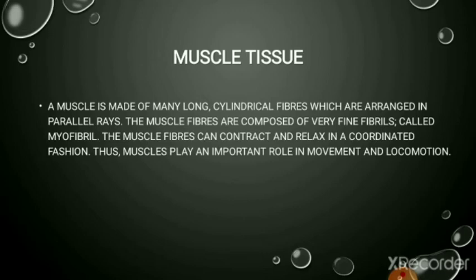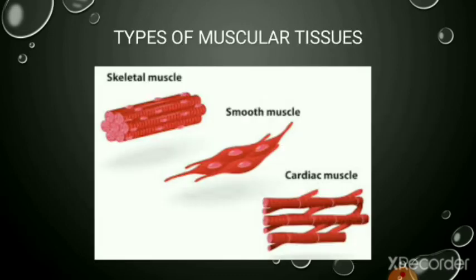The muscular tissues are basically formed of muscle fibers, or protein fibers, which help in the process of contraction and relaxation of the muscles, and thus they help in movement and locomotion, not only in the internal part but also of the whole body. There are different kinds of muscular tissues found, that is skeletal muscles, smooth muscle fibers, and cardiac muscles. Let us discuss one by one.